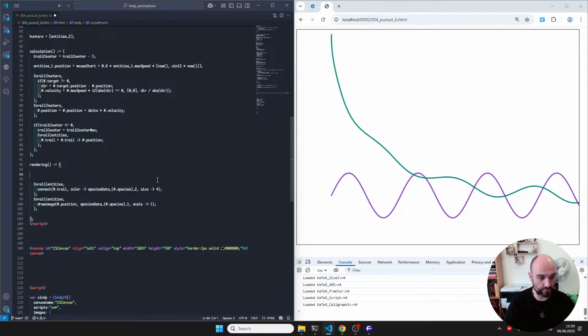So I want to draw from entities 2 position to, I want to have a ray which goes past the owl. So I want to go to the owl, but I want to go way beyond. So let's say 5 times more, then we should be safely off screen. And we want to do this in